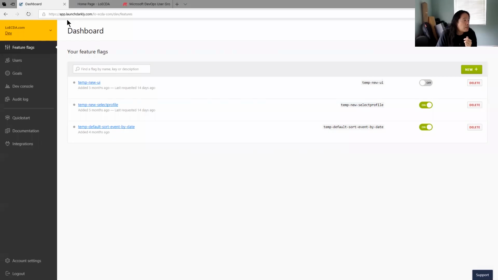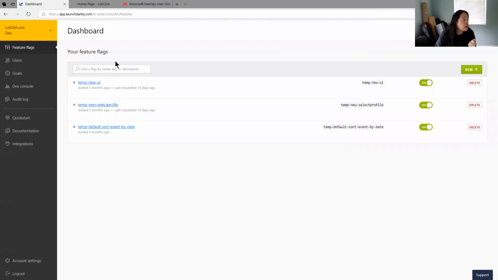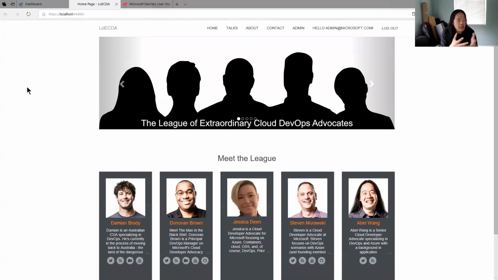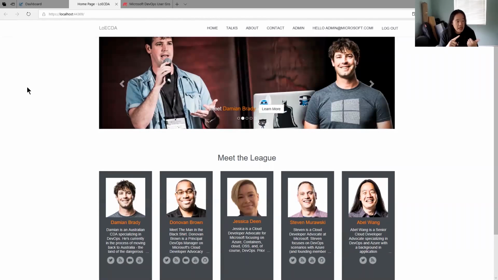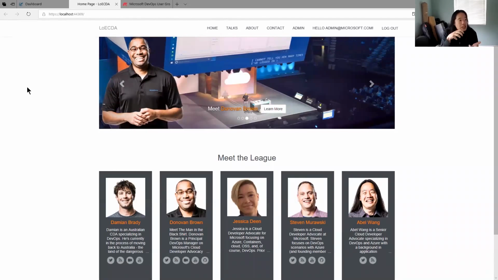So if we go ahead and jump into our feature flag, and like I said, I'm using Launch Darkly to hold all of my feature flags. Here's my new UI. I can go ahead and turn that on. And I can go back to my code. I can refresh this. And with no compilation at all, it's just going to go ahead and reload a bunch of style sheets for me and reload my new interface, and bam, a completely new user interface shows up. Right? So this means I've changed my database, I've changed my web front end, and I've also changed my middle tier logic as well. So how do you do this in your code?